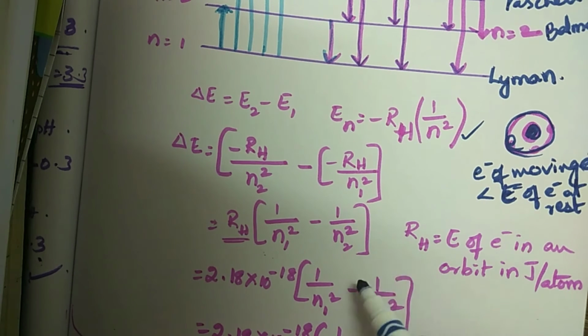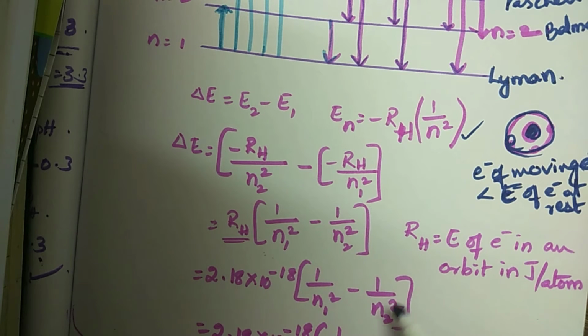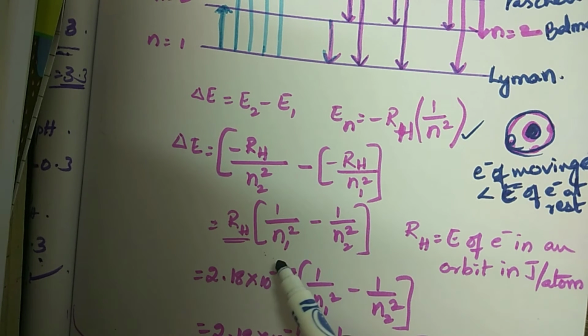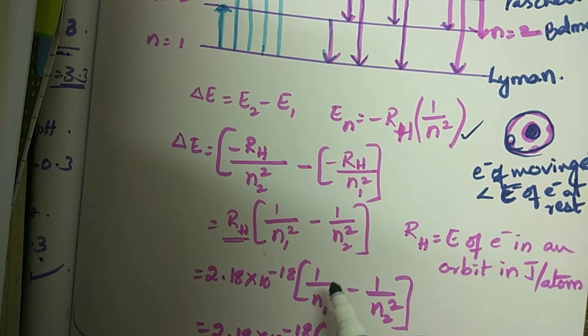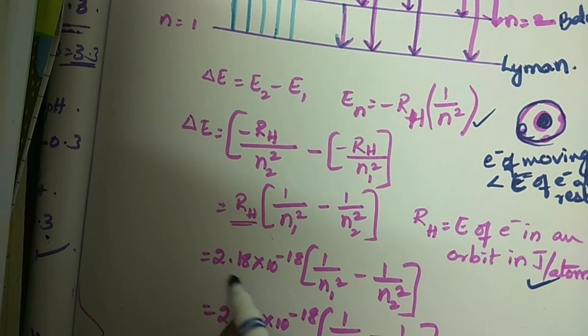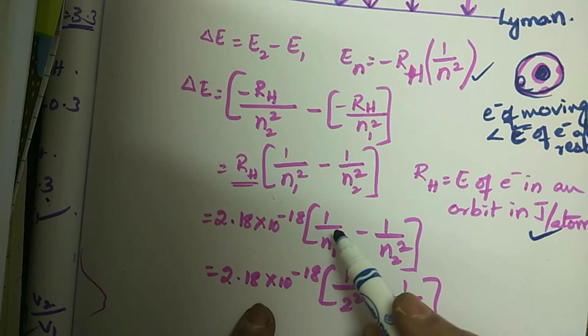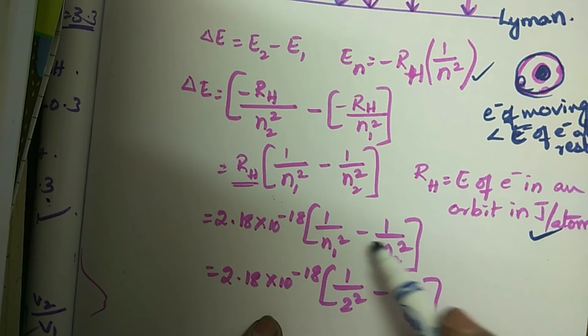What is this RH? RH is the energy of electron in an orbit, in the units joules per atom, right? The value of this RH is 2.18 into 10 power minus 18 into 1 by N1 square minus 1 by